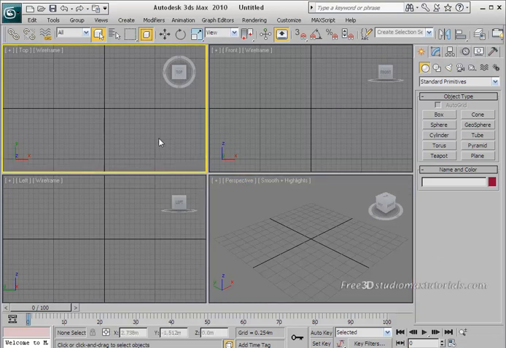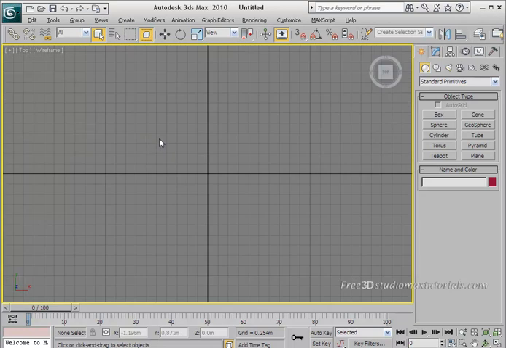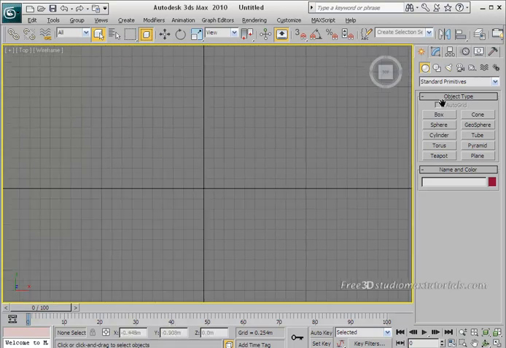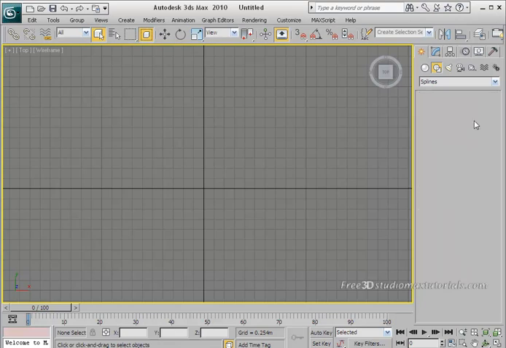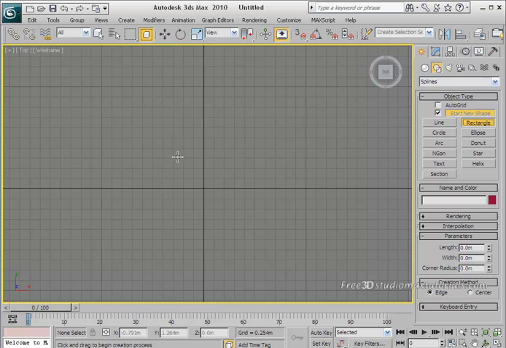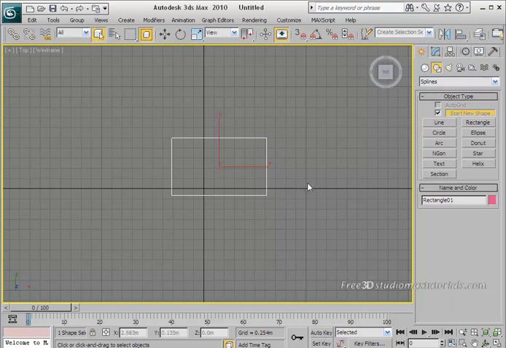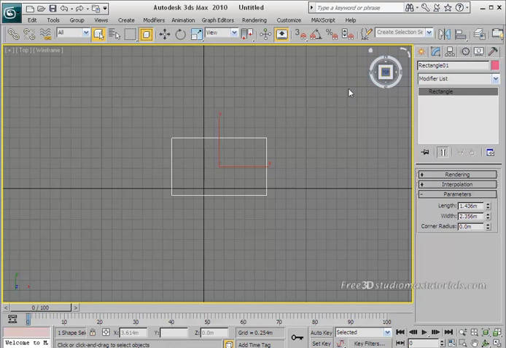All of us go to the top viewport and maximize your viewport. Then go to the command panel, then in the geometry, then go to shapes, and there we have rectangle. Select the rectangle option, draw a rectangle, right click anywhere in the viewport to exit from the rectangle command, go to the modify panel, and as